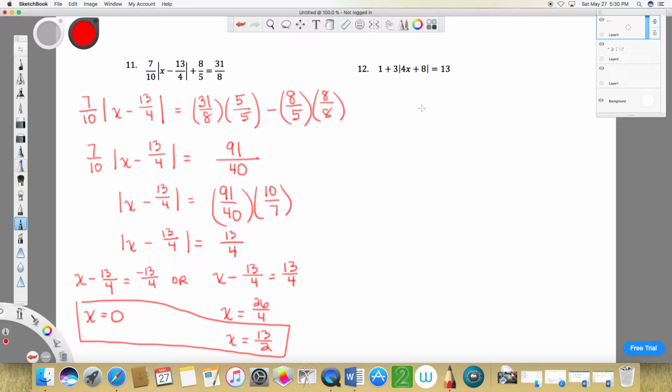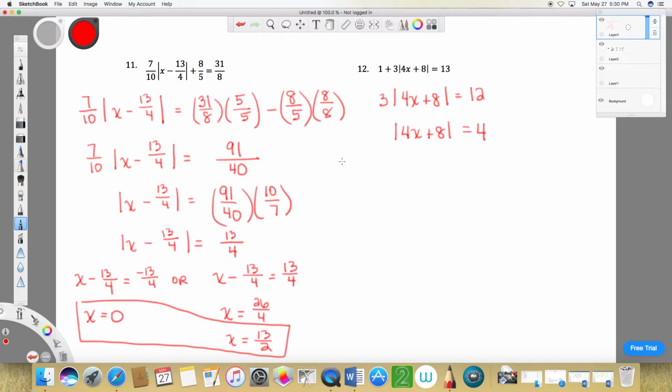All right, so let's take a look at this last one here. This time we don't have the fractions, but it's the same idea. We step by step try to get the absolute value by itself, so we subtract 1 from both sides of this equation. And that's by the property of equalities. Then divide both sides by a non-zero number. You can't divide both sides by 0, but you can divide it by anything else. So if we divide both sides by 3,